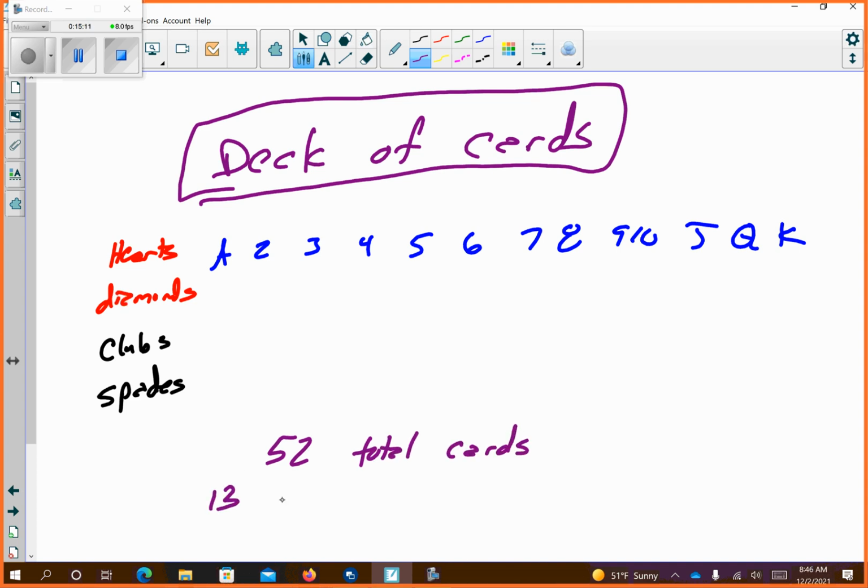There are 13 cards per suit. Okay, so ace or king is 13 cards. There are 26 red cards. There are 26 black cards. Okay, hearts and diamonds being the reds, clubs and spades being the blacks. And so, with all of that information,